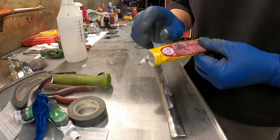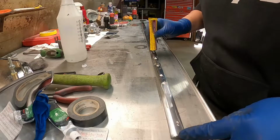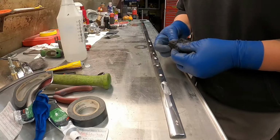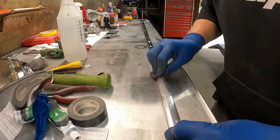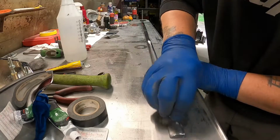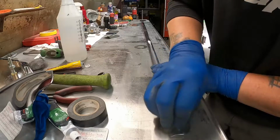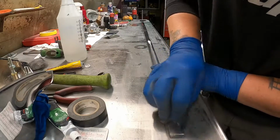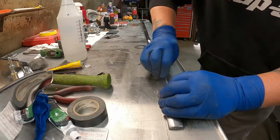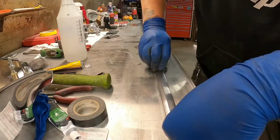What I've been doing is just spread it out a little bit. I'll just do some dabs on there, and then just start polishing her up. I lay it on the bench and get these main surfaces really well, because I can push on it about as hard as I want, really, and it's not going to hurt anything. So I just get after it a little bit, and then